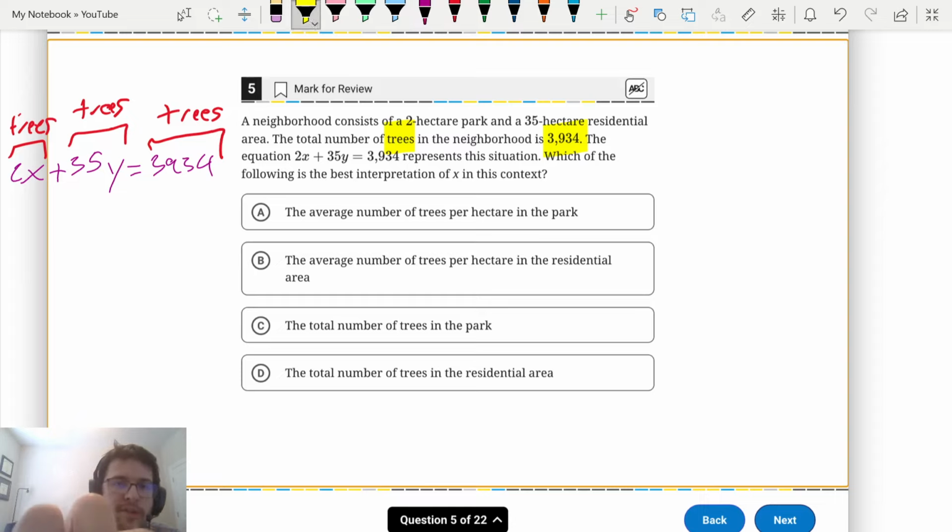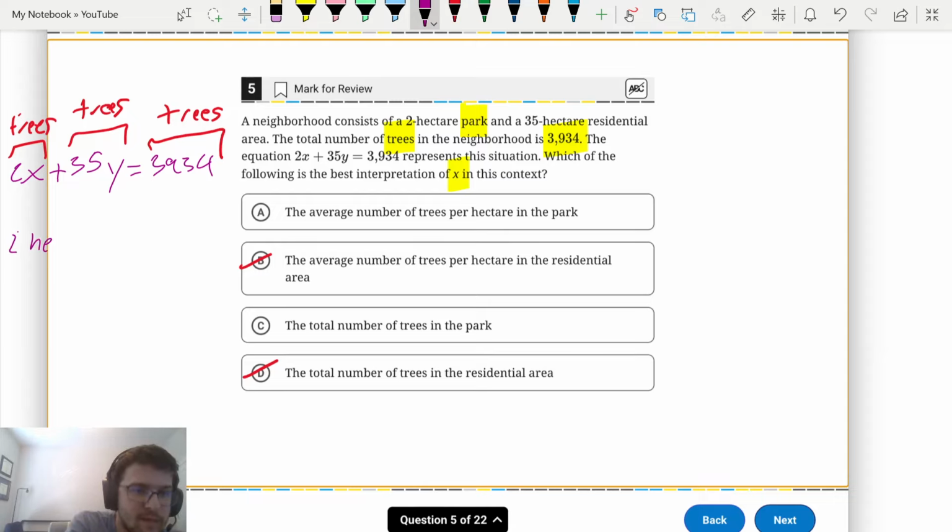So it's asking about the interpretation of x. Okay. So first of all, I see x is tied to the 2, and the 2 describes the park. So the answer choice must mention the park. So this is wrong and this is wrong. So now, is it the average number of trees per hectare, or is it the total number of trees in the park? Well,